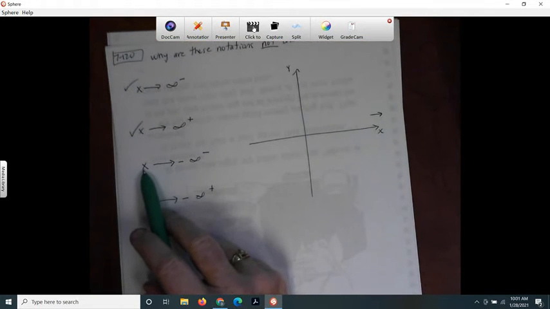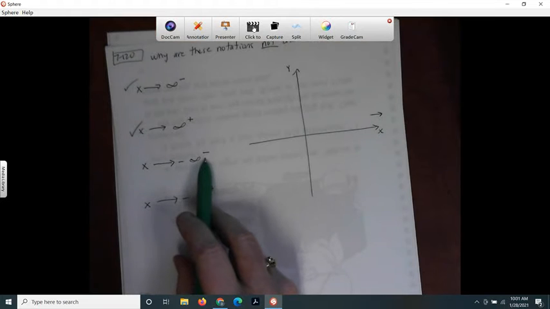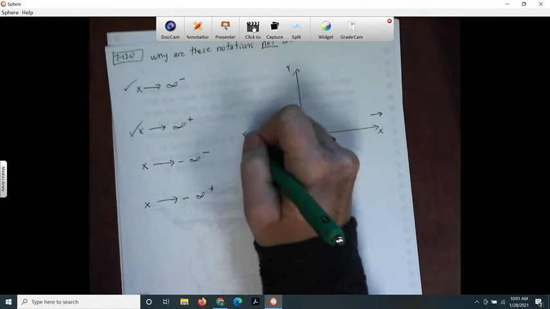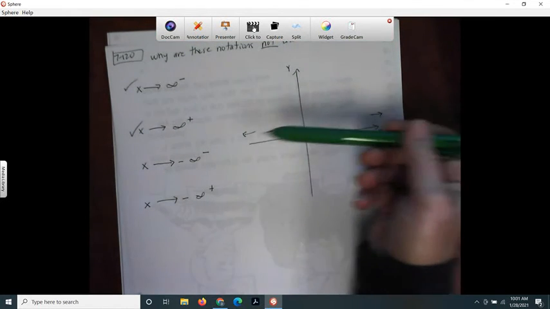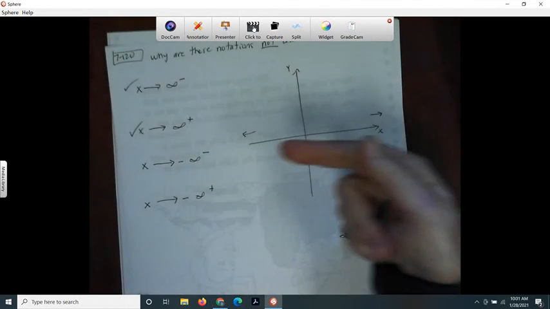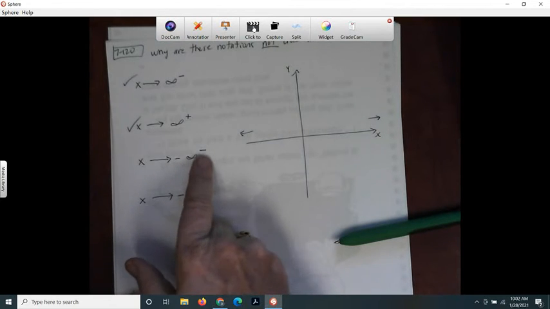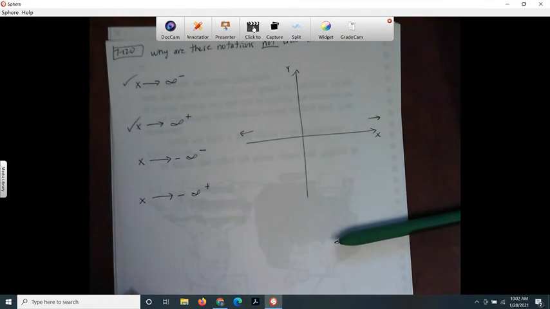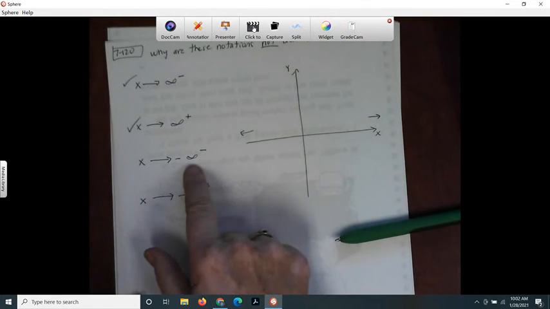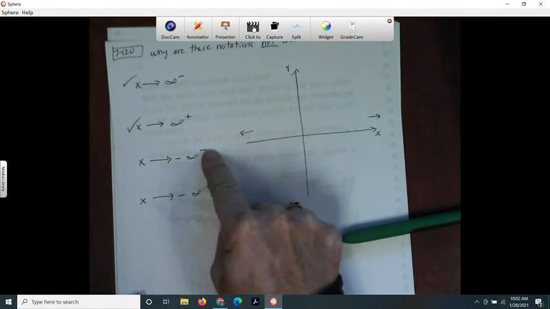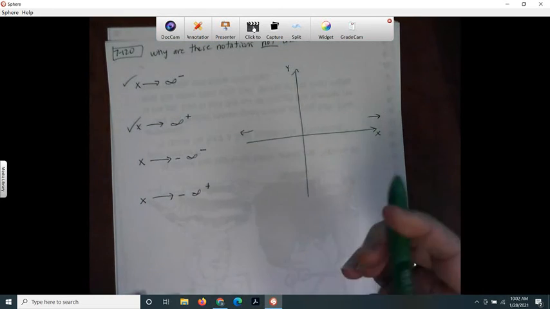And so let's take a limit as x approaches negative infinity from the left. So negative infinity, it's as far as you can possibly go that way. So how could I approach it from the left if it is the utmost left? There's no left of the leftist left, if that makes any sense. You can't get any farther left than negative infinity, so how could you possibly approach it from the left? So this is impossible. And then this one,